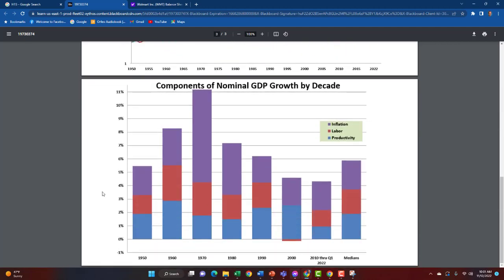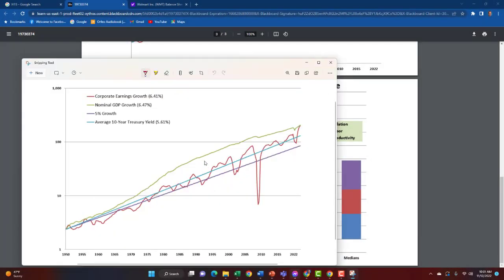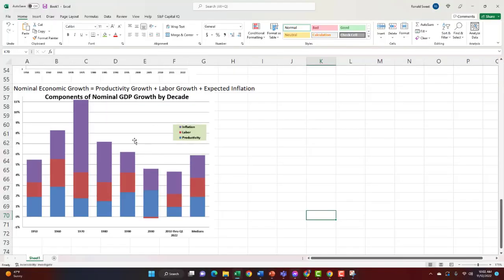It shows you the history of those numbers. So this is another good chart that you can put into your paper. And looking at this history, you can see productivity has ranged from 2 to 3%, although it's been a little weak here lately. So about 2% has been the history. Labor growth has been anywhere from 1 to 2. Recently, it's been